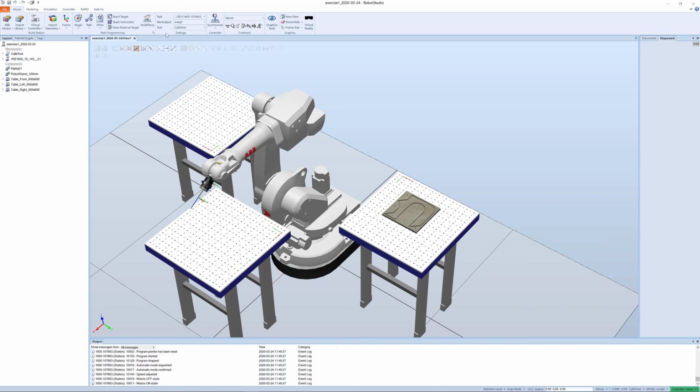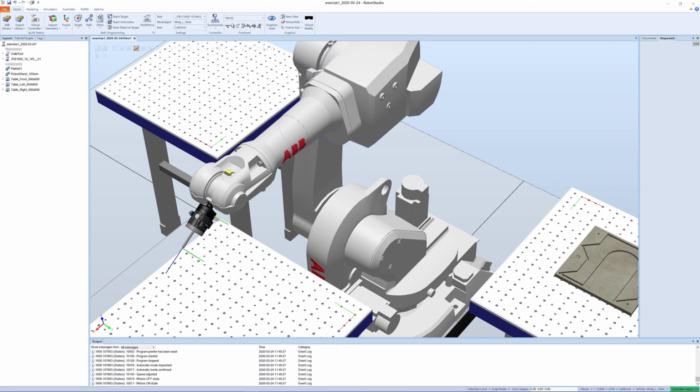So the first thing we do is to set up the work object. We're working with the left table, which is this one, and the tool is right, that's Calib tool, so everything is fine. And we can actually see that this is working quite fine. If we look at these here with the